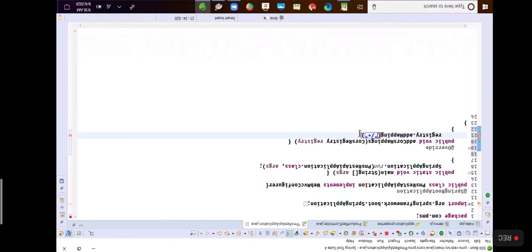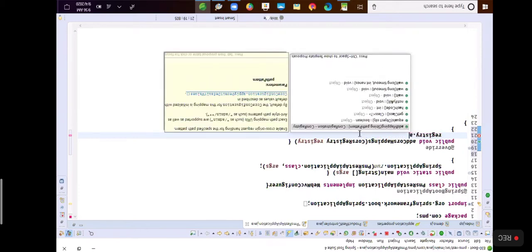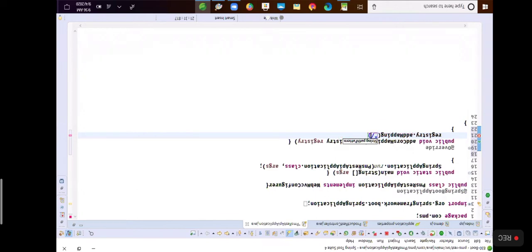The path pattern is /anything, means all endpoints.